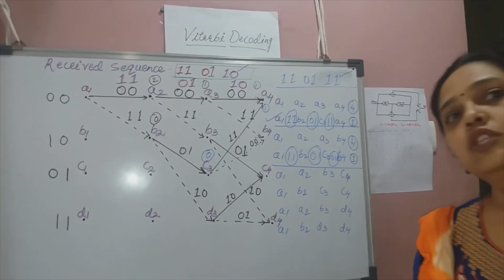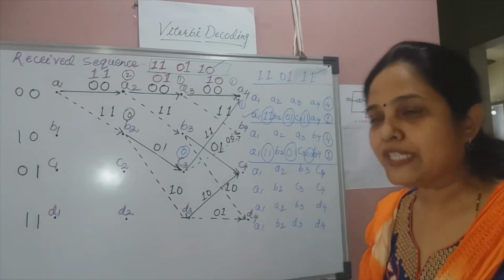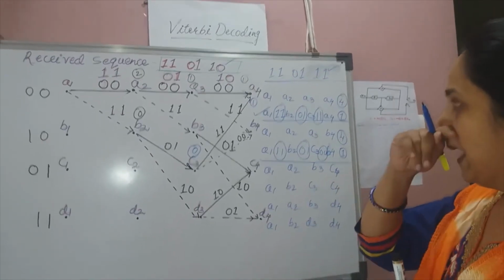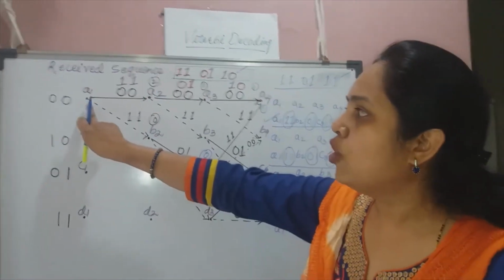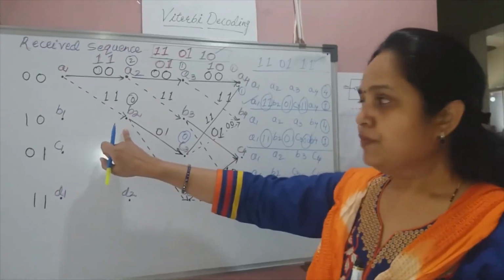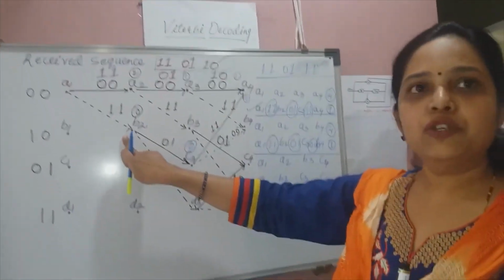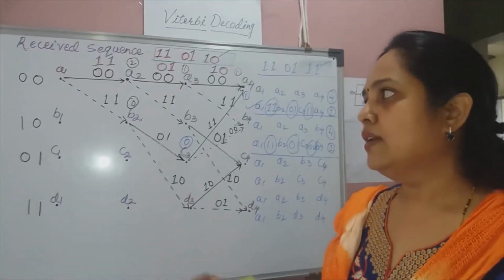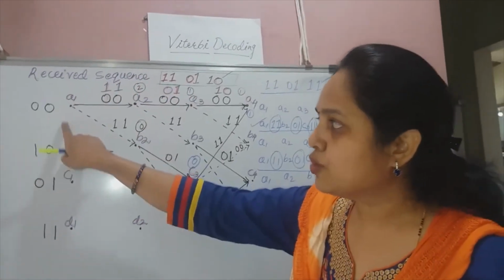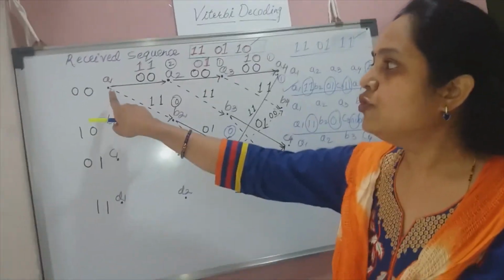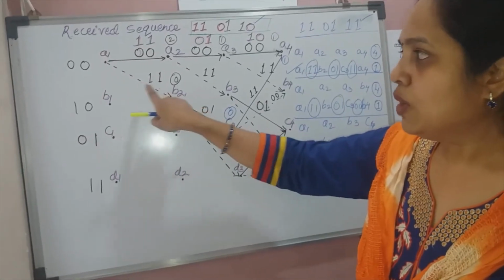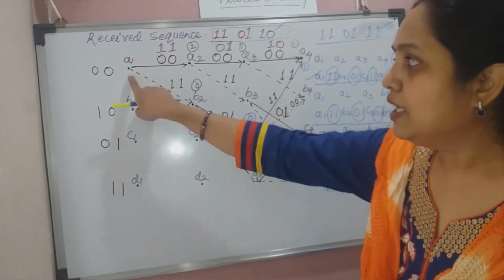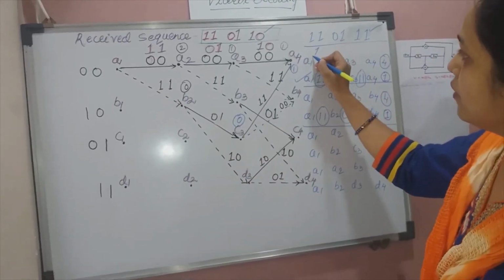But while decoding, we also have to find out what was the input message that was transmitted from the transmitter side. So how to do that? We know that when we move from state A1 to B2 and that movement is shown by a dashed line, it indicates that the input bit was equal to 1. That means when in state 0 0 the input bit was 1, we move from state 0 0 to 1 0 with a dashed line and the standard output is written on the arrow. So here the input bit was considered to be 1.